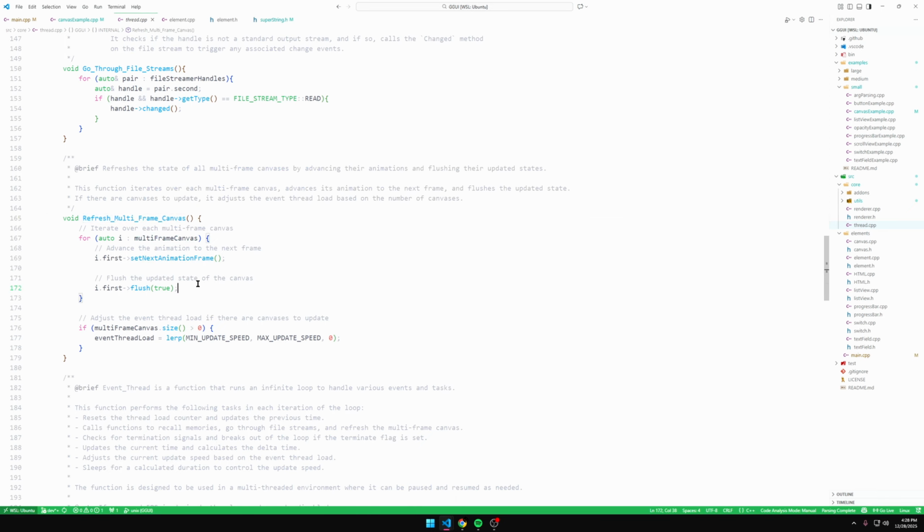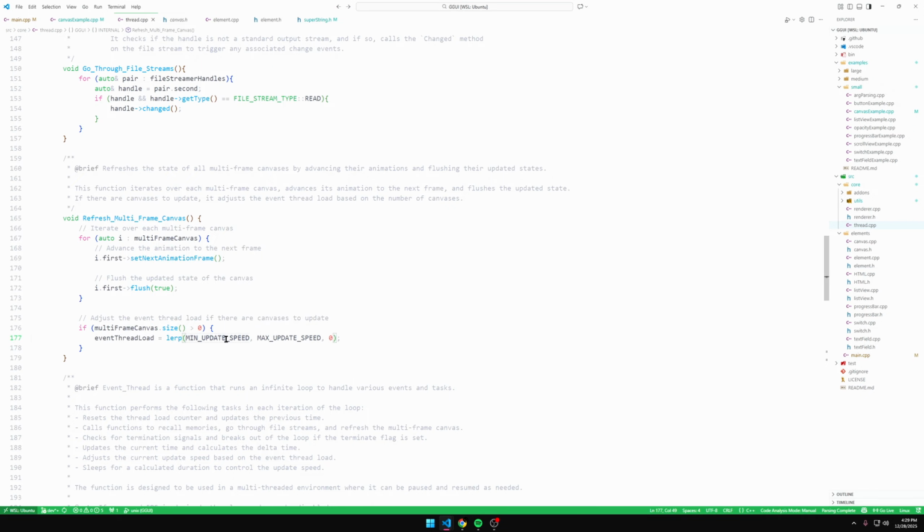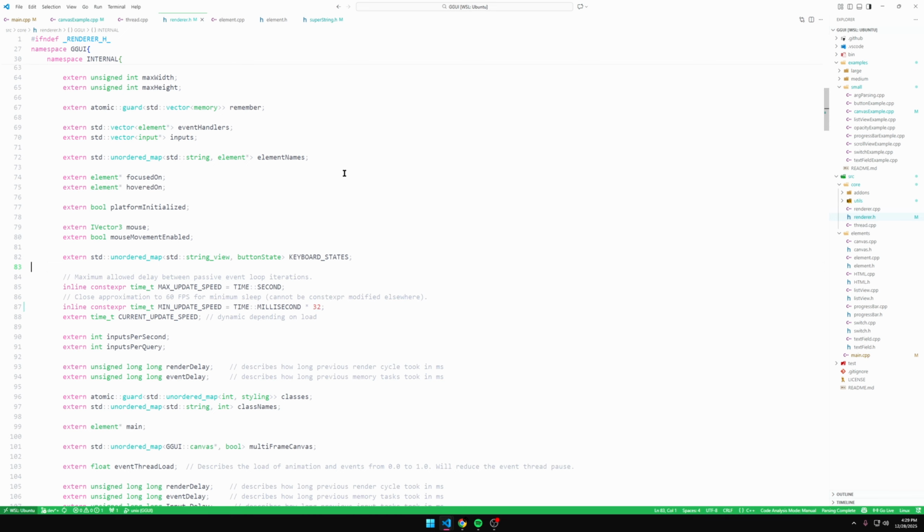It will automatically set the flush again and update the next animation frame, and then flush it, which will again trigger the render pipeline and set the event thread load to basically minimum update speed, LERP 0%, so it's 32 FPS, because you don't really need 60 FPS on your terminal. Like, you can, sure, but